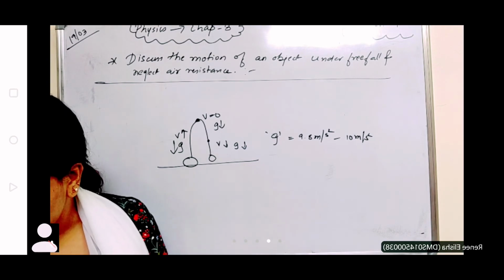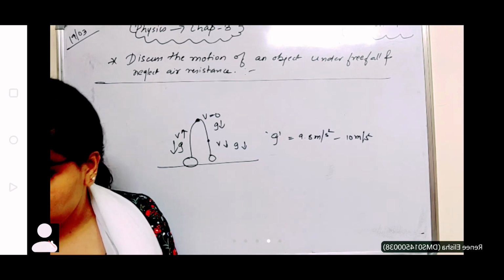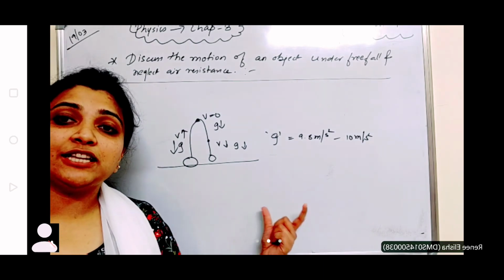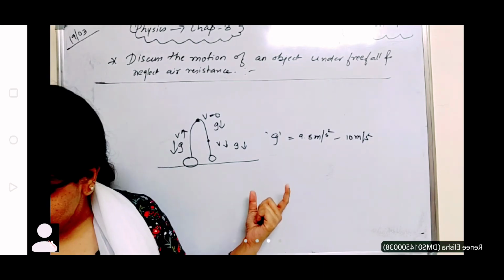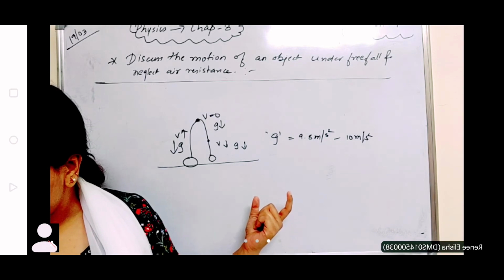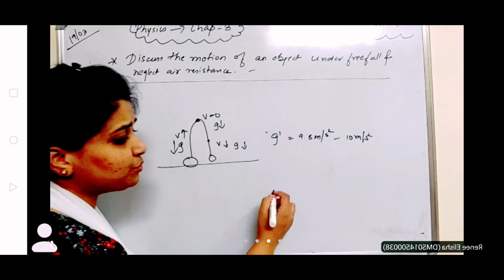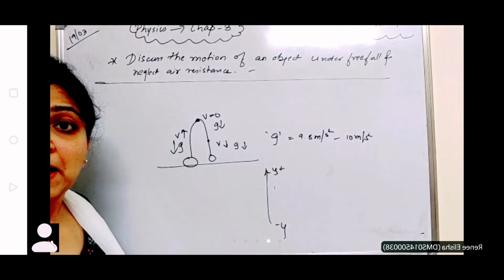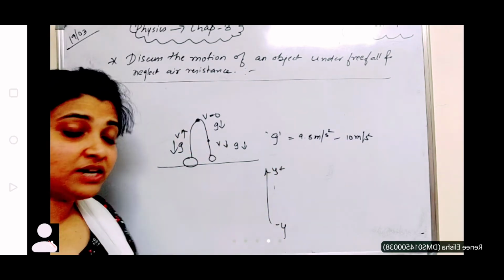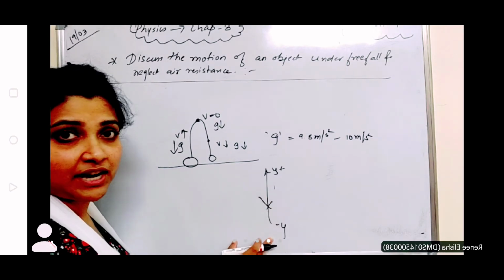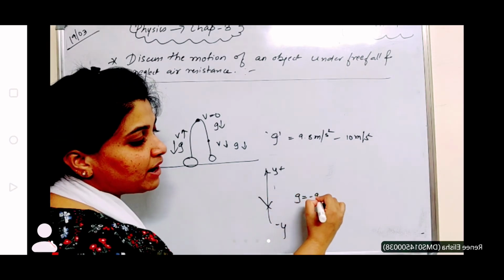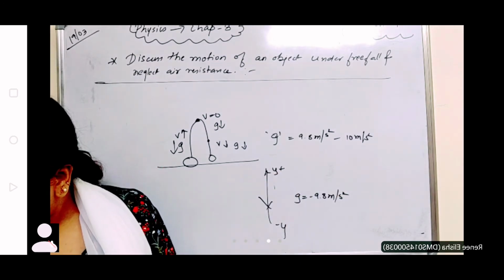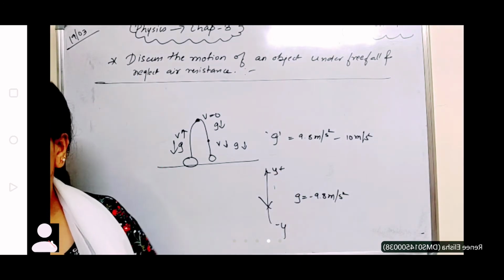Okay, it is always constant, and free fall is thus the case of motion with uniform acceleration. Alright, so it is a case whenever you have uniform acceleration. Then we assume that the motion is in y direction. We always assume that gravitation is always in y direction, plus y or minus y. But as you know that it is downwards and it is having a negative sign. So that's why we take g is equal to minus 9.8 meter per second square. Clear? Clear, children?